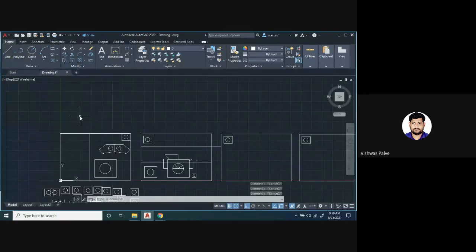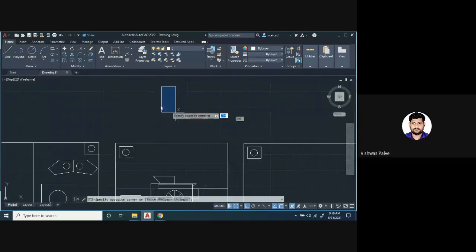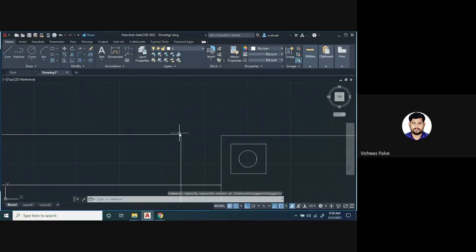Okay, so now we'll see the fillet option and then chamfer. If there is a corner point, let us assume there is a corner here, and I want to make a fillet portion. I want to remove the sharp corner and give a radius here. So how to do that? On screen, you can select the fillet option, read the command line, the command fillet is there, or the shortcut is F. Just press F, and the fillet option will get selected.